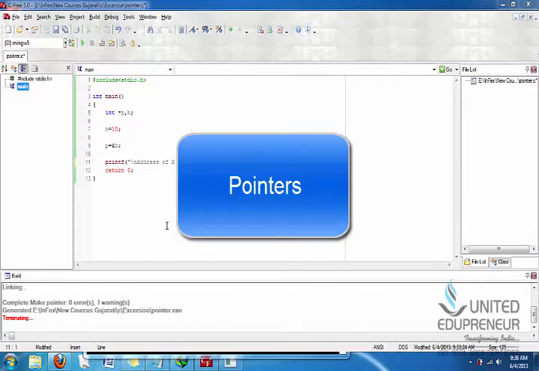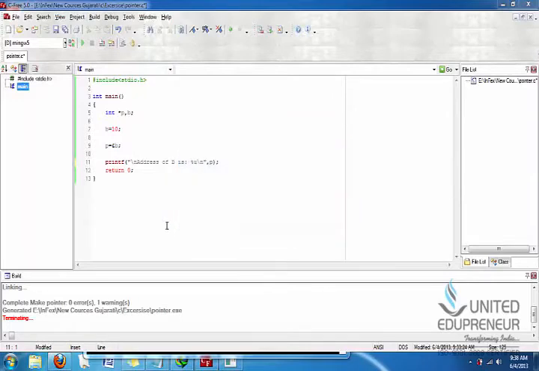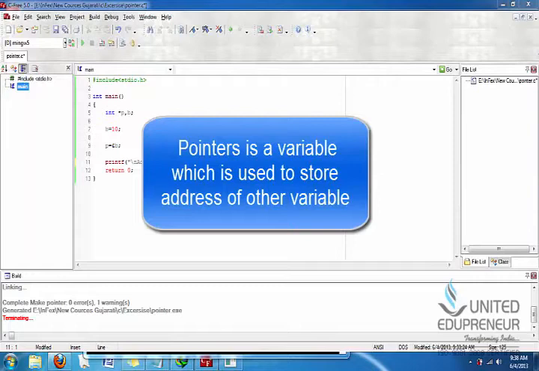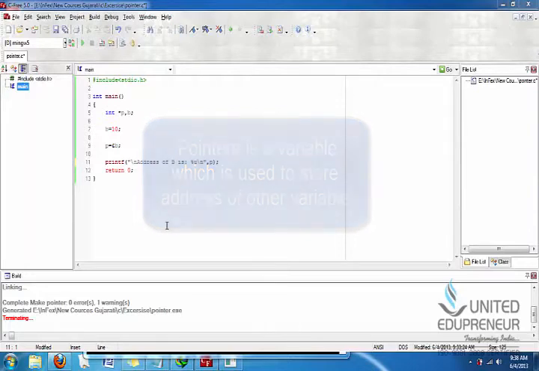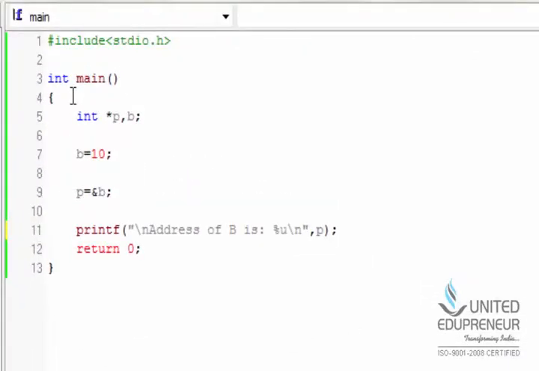Welcome friends. In this video tutorial, we will be learning about pointers. A pointer is a type of variable which stores the address of another variable. Pointers are also used for dynamic memory allocation, and a pointer is used for direct memory access. Till now, you have learned about lots of interactive features of the C language. You know about main and header files and how to write a program in the main function.